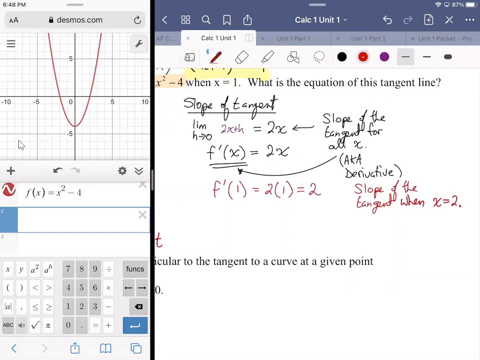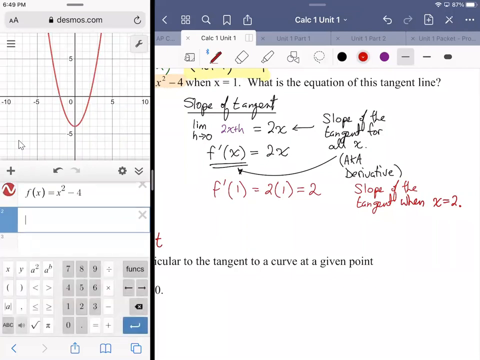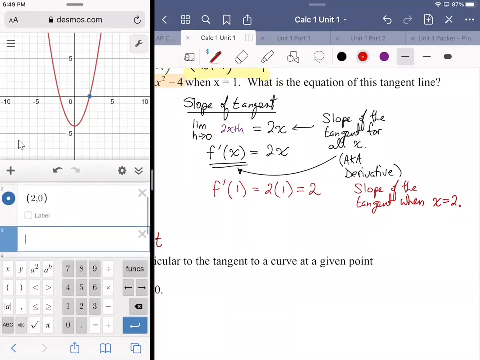All right, so now I know what the slope would be at, let's see, 2, 0. So if I traced a line in such a way that it intersected just at this point, that line would have a slope of 2. All right. So at the x value of 2, we have a y value of 0. So if I want the equation of a line passing through that point, so the equation of a tangent line,